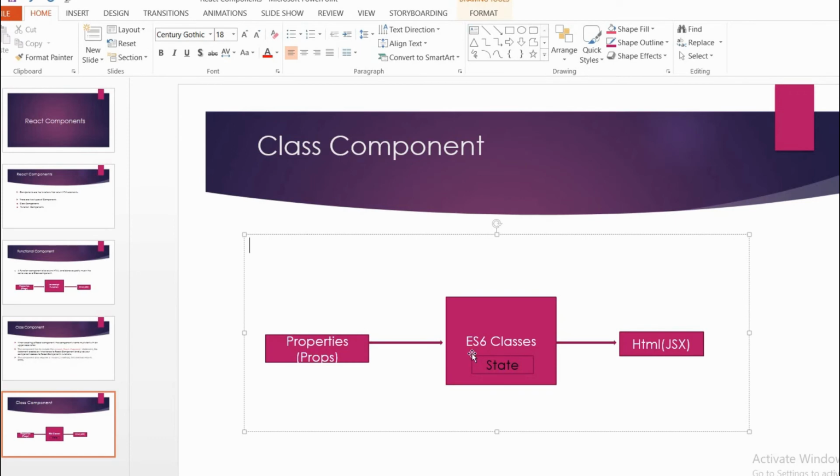Basically, class components are ES6 classes similar to a functional component. A class component can also optionally receive props as input and return HTML. Apart from the props, a class component can also maintain a private internal state. For comparison, let's create the exact same greet component, but this time as a class component.